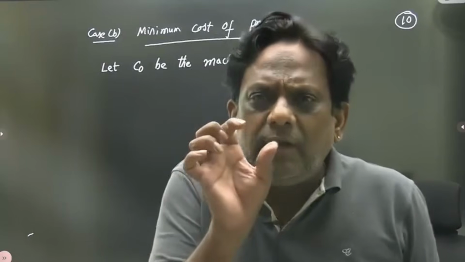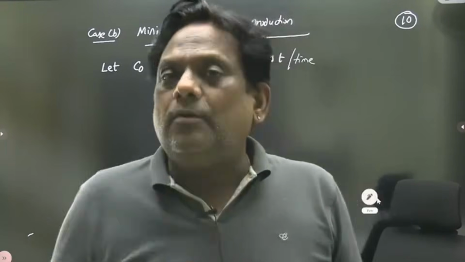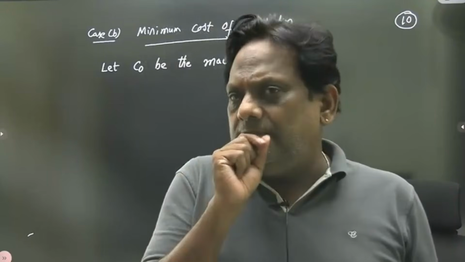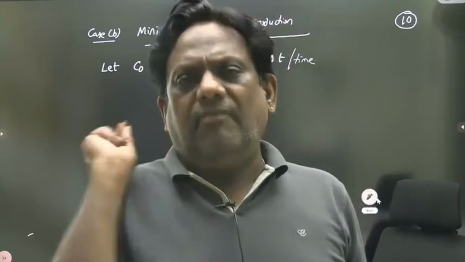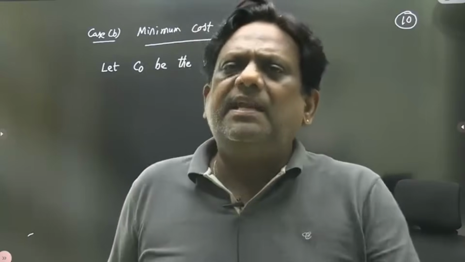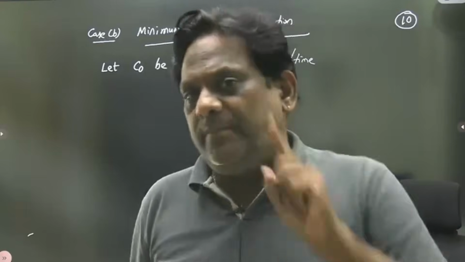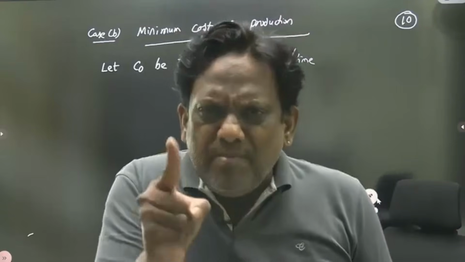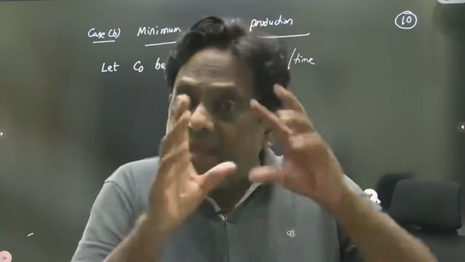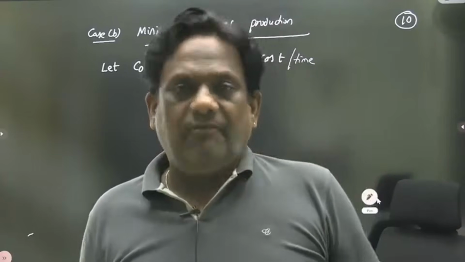So can't I calculate the handling cost, the part handling cost? For example, he is charging 500 per hour. Or rather, we will convert into minutes. 600 per hour means 10 rupees per minute. For 1 minute, he is charging 10 rupees. That is C naught. C naught is the labor charge, the machining charge, whatever the machine is doing, its charges. C naught. Very good, sir.